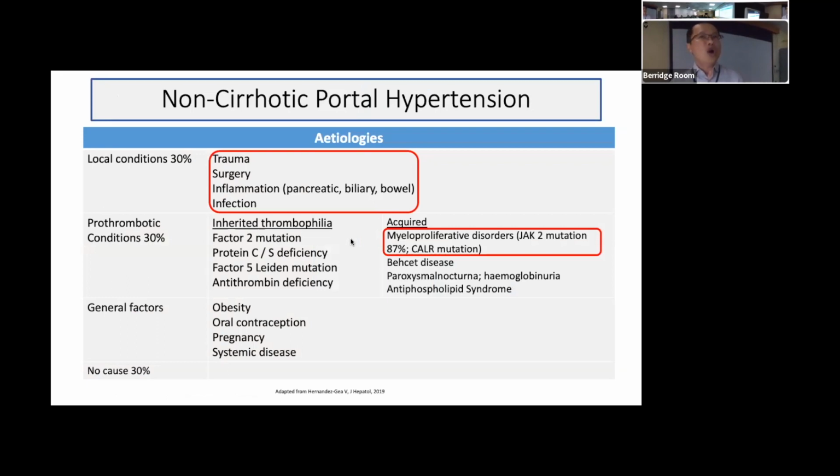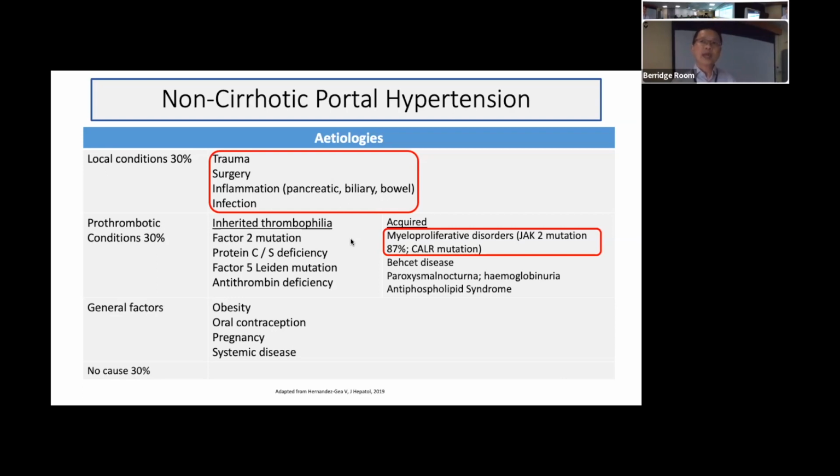I'm talking now about non-malignant, non-cirrhotic portal hypertension. A third of it will be due to local inflammatory change, for example, following surgery. So not uncommonly in your CT scan, you will see post-surgery and abdominal pain identify portal vein thrombosis. And recently we saw a case of inflammatory bowel disease, diverticulitis that presented with IMV thrombosis extending into left portal